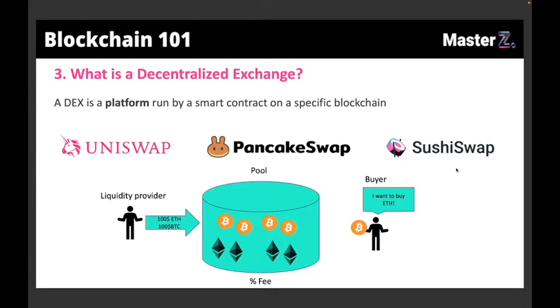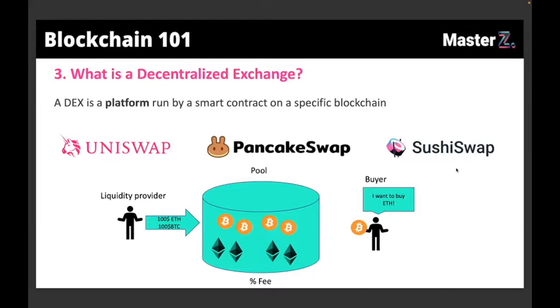So to wrap things up and explain it one more time, the liquidity pool in the beginning is empty. The liquidity providers come in and put tokens inside the liquidity pool. Usually the first time they put 50% of one token and 50% of the other token. And so this is the first day, let's say. When the first buyer comes in, he makes an exchange. He puts his Bitcoin in the pool, and he takes out Ethereum. So it makes an exchange. And in this process, we take out a fee that goes to the liquidity provider.